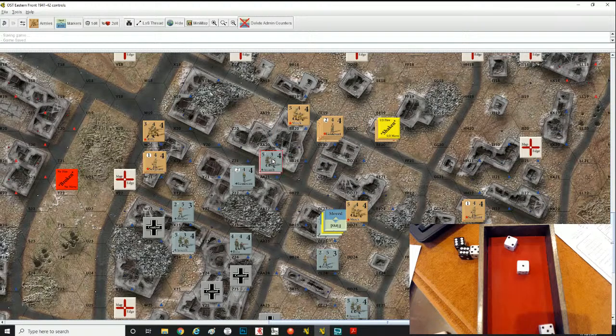Alright, the German is going to activate this unit here to move. Oh, this guy needs a move marker on him. Don't want to forget that now, do we? This guy is going to activate. It's going to cost 1 activation point. He's going to go to move. Now the question is...